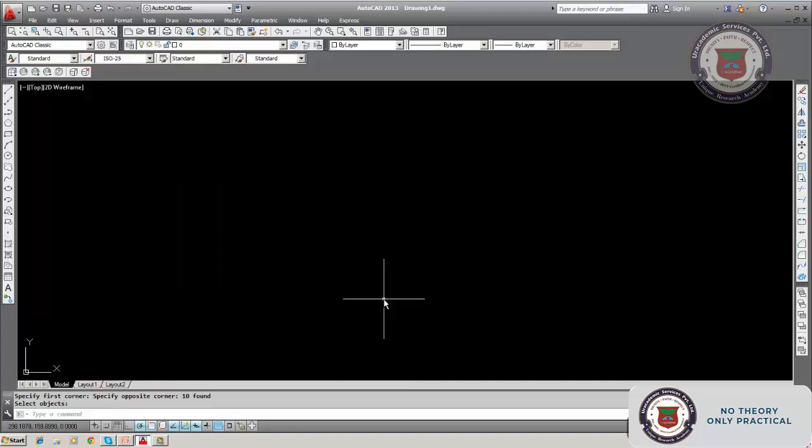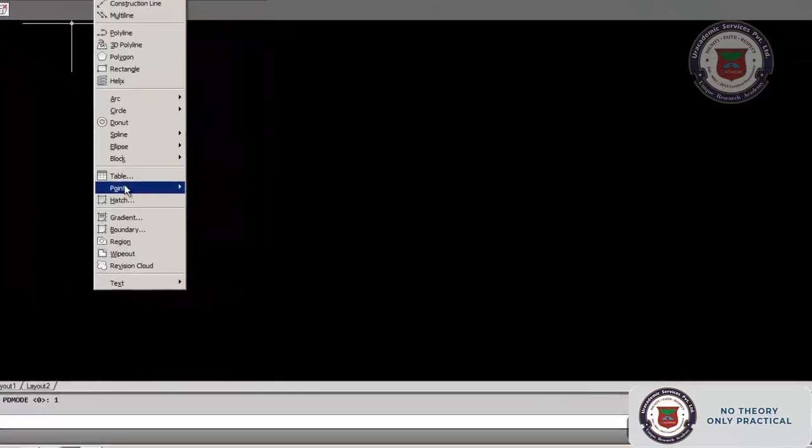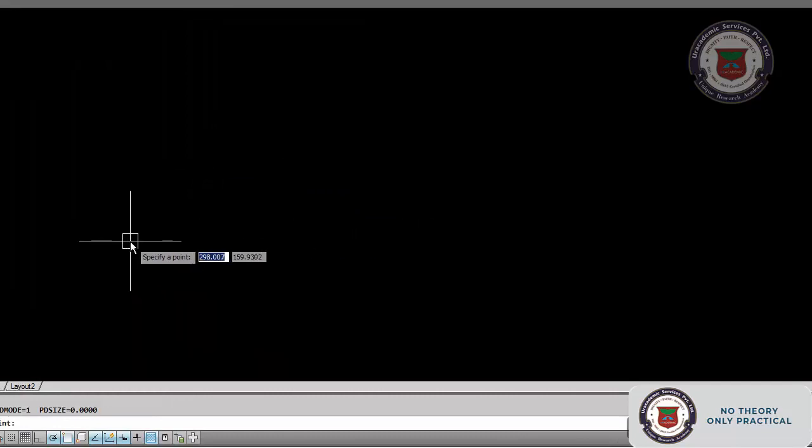Here I have set PDMODE 0 and then it is a dot. Suppose I set PDMODE equal to 1. Now if I want to draw a point, let us see whether we can draw it or not. Select point, multi-point, 1, 2, 3, 4, 5, 6.